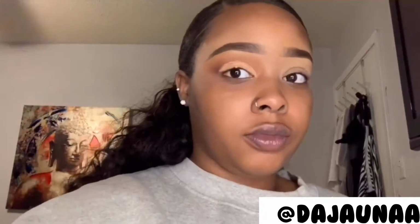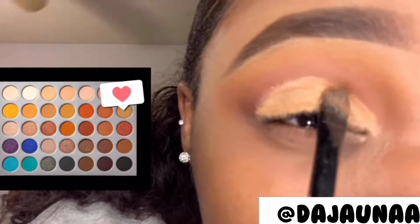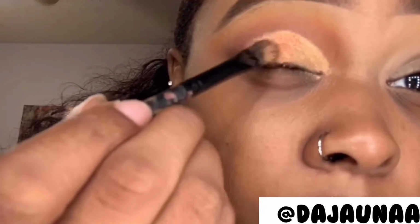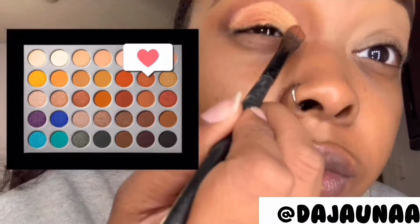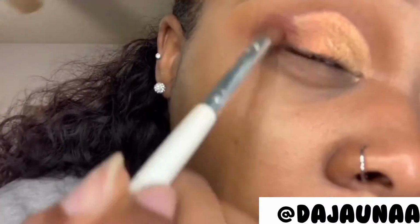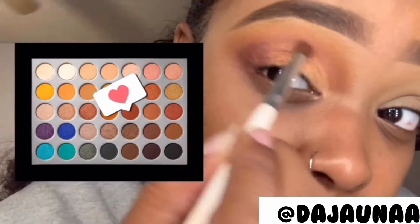Now I'm going to take this flat brush, and I'm just going to pack in this golden shade out of the Jaclyn Hill palette, and I'm just going to pack that onto the wet concealer. Okay, and I also took this brown gold color, like almost rose gold, and I just put that and blended it in with the gold. And then I took the same shade that we used in my crease, and I'm just gonna start blending that in with the shades that we just put on my lid